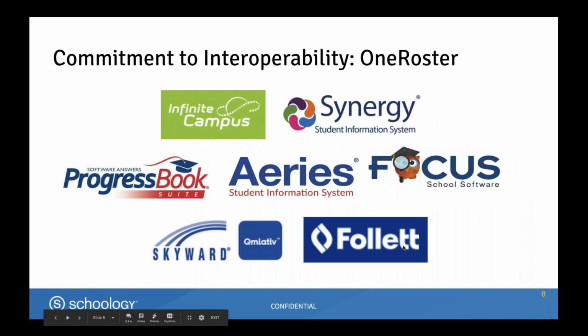So we're committed to OneRoster. Now, the OneRoster interoperability standard describes how a student information system can send roster data. So think students and teachers and class enrollments from their system into others like Schoology, like the LMS. You want that rostering data to be aligned between the two systems. In addition, it sends data back. It describes how grades go from, say, the LMS back into the student information system, which serves as the system